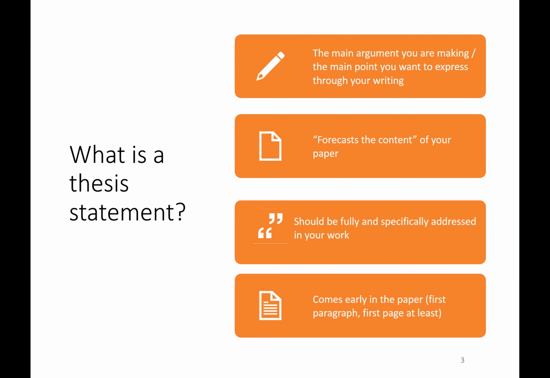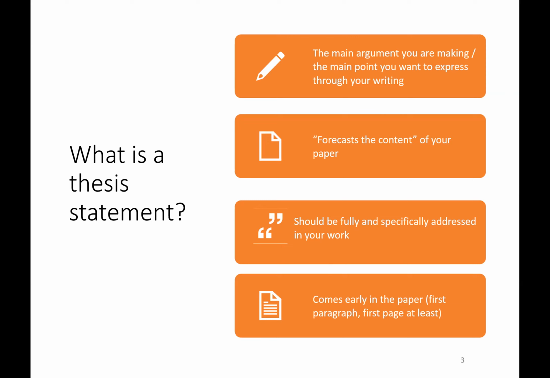I've sometimes had people say they want to wait to reveal it. And I think, it's not a mystery novel. We don't need to wait for the twist. You want your reader to know right from the start, what are you doing in this paper? Why should they read this paper? So it should usually come in the first paragraph. If you're writing a longer paper and you maybe have an intro with an anecdotal context, maybe it'll come early in a second paragraph, but it really should almost always be on the first page of your paper.